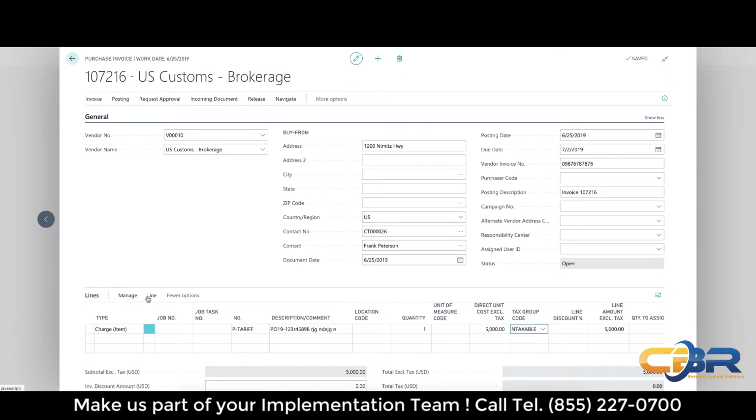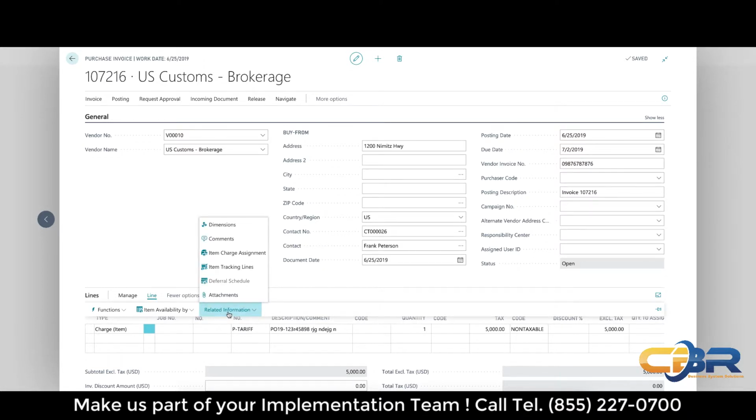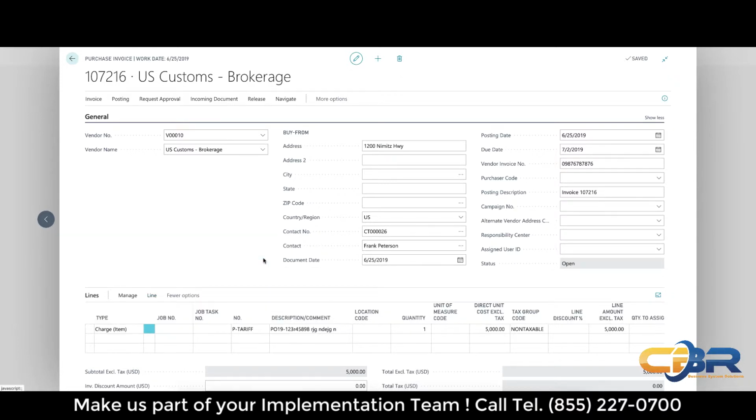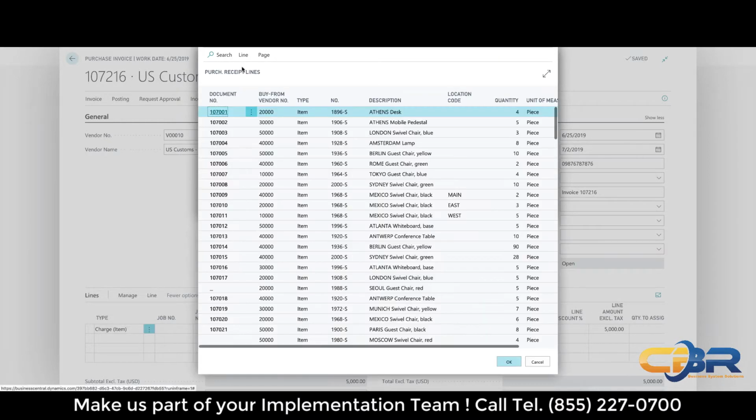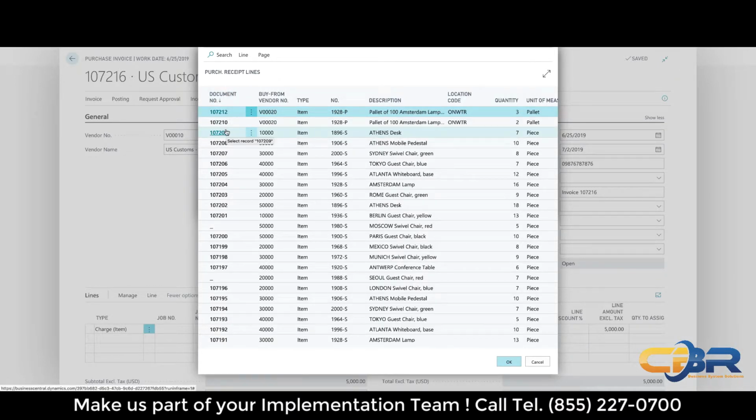So in here I'm going to go grab some related information, and one of the options that you see in here is this item charge assignment function. So what this will do is it will take this $5,000 that we owe to this vendor and assign it to the proper purchase order and item on the back end of the system. So in here you go to item charge and you get a get receipt line function that will show you the most recent transactions. In this case here, I have 3 pallets of my 1928-P item that I would like